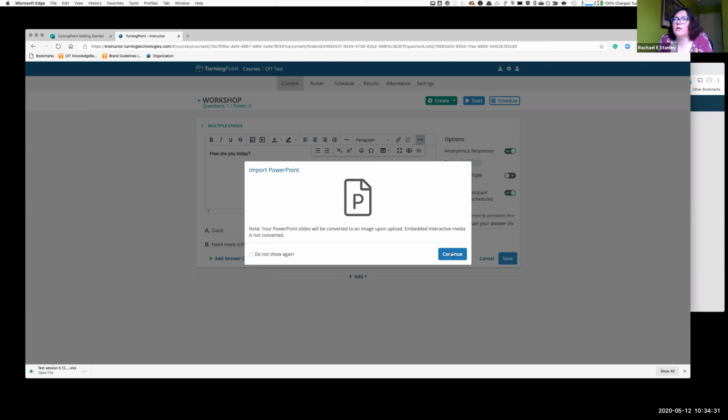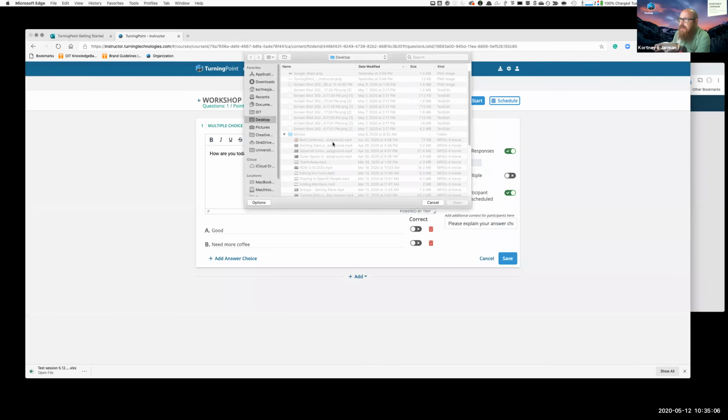So if we have clicker questions made by one user, could we copy those questions somehow to PowerPoint so we could then share the PowerPoint files? Yes. If you wanted to, you could create each of these questions essentially in PowerPoint and use either this import PowerPoint or just export those all as image slides and import those slides into here as each individual question. But let me show you. So if I import the slide, let me